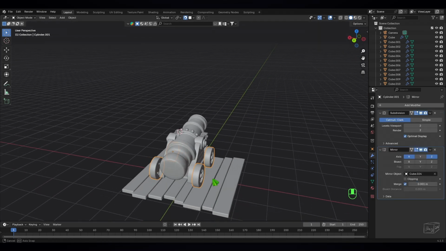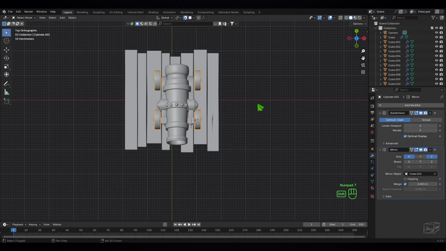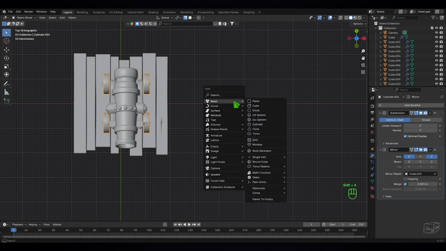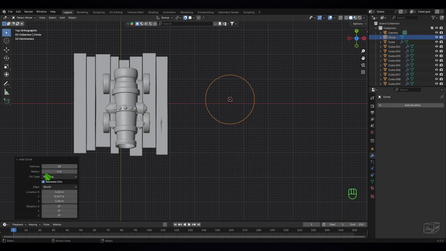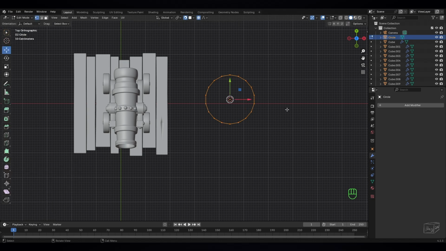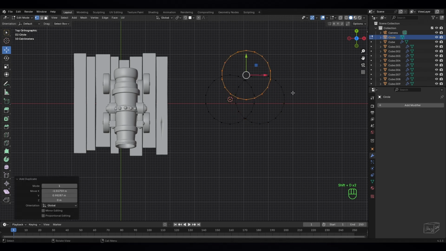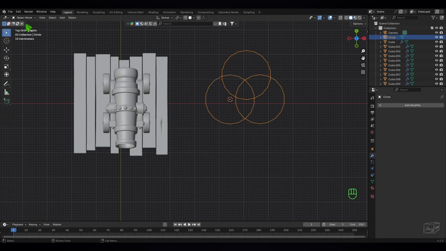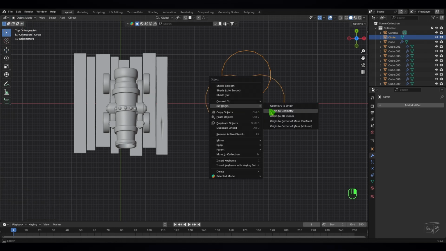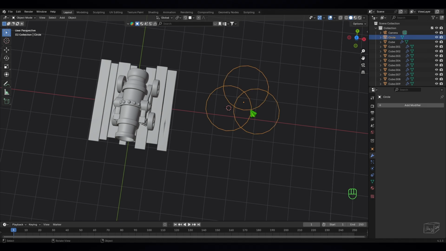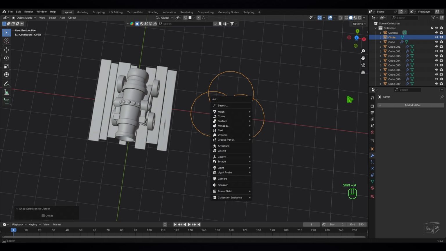I think I wanna make a rope. Just go here, shift right click to move the cursor, just shift A, mesh, we need circle, we need 18 vertices, and go to edit mode. Okay, turn on the professional mode and this mode also. Shift D to duplicate, Shift D to duplicate, and go to object mode. Right click, set the origin to geometry, and let's select, go to Shift S, select it to cursor, and we